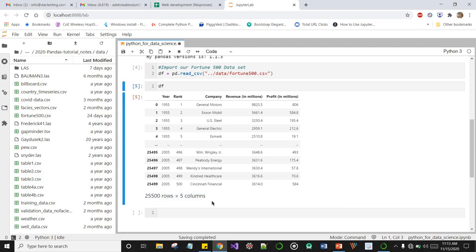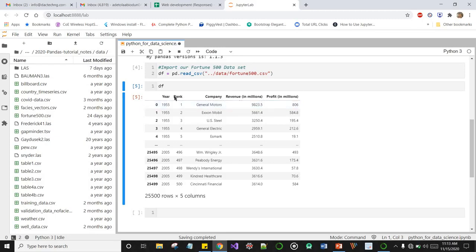So the first QC, or the first data cleaning technique we'll be looking at, is just to have a general overview of this particular data set. We might just want to look at the columns and see if the column names are tidy.